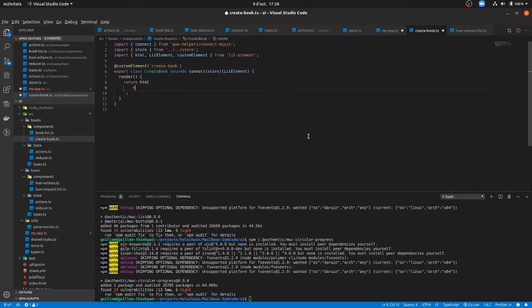Okay, so we got a form, and inside the form we have